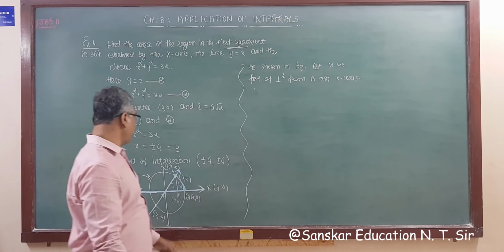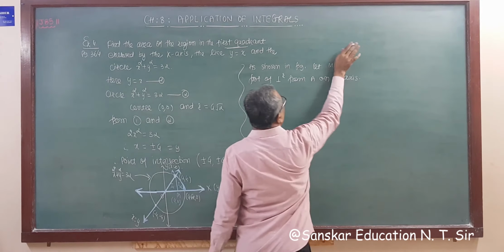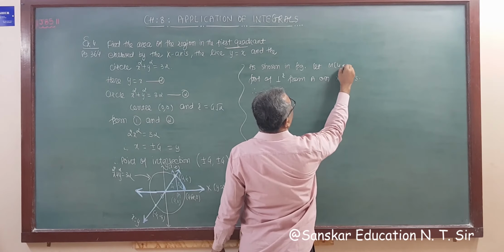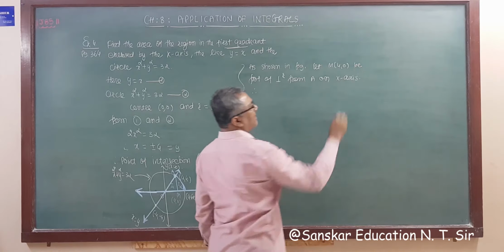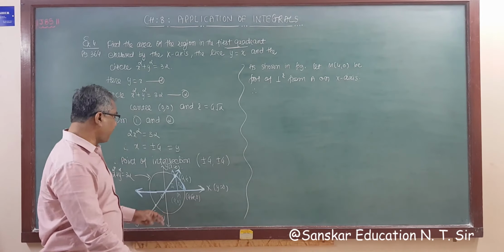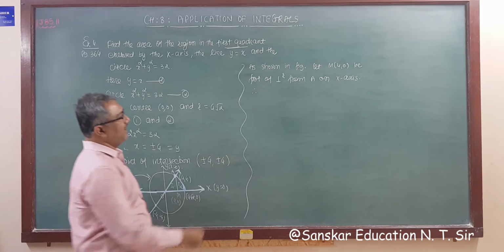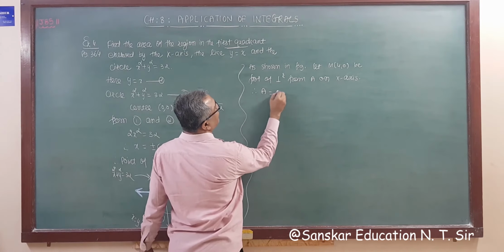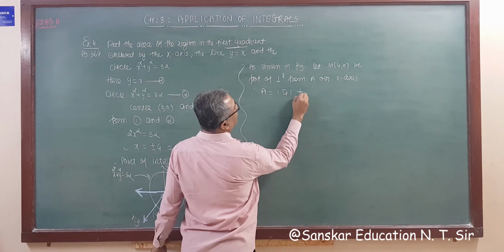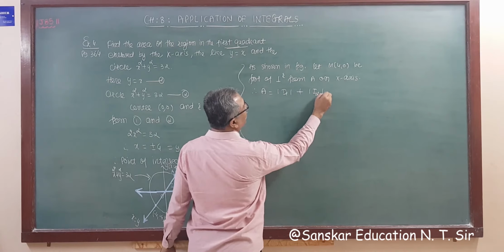Therefore, I'm writing directly M is (4, 0), that you know the coordinates, so no need to write separately, right? So therefore the required area A is equal to mod I1 plus mod I2,